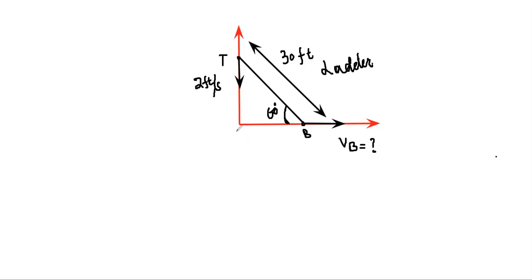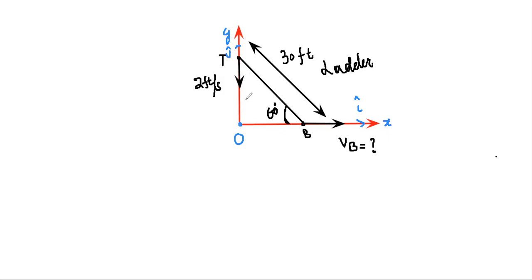The first and foremost step for us will be locating the ground frame of reference. Since this ladder is on the ground, let's treat this to be our ground frame of reference. We say this is the origin of our ground frame of reference. Let's treat this to be our x-axis, and let this be our y-axis. The unit vector in the x direction is taken as i cap, and the unit vector along the y-axis is defined as j cap. These are the unit vectors defined from the ground frame of reference whose origin lies at point O.